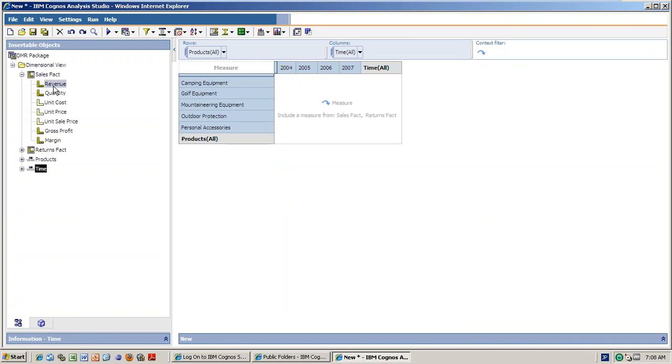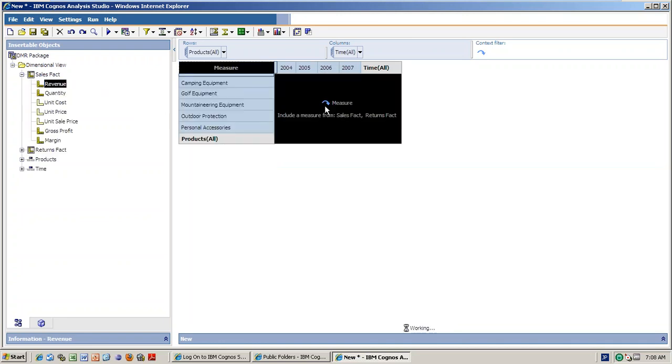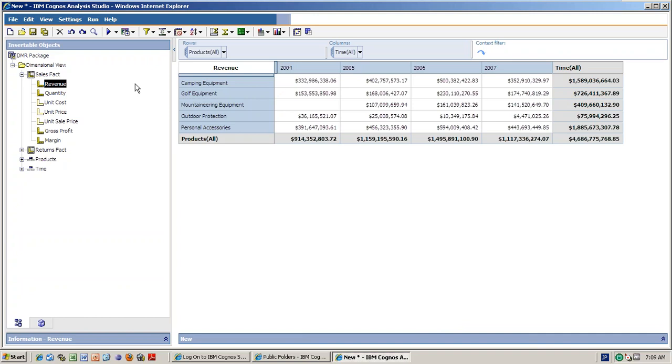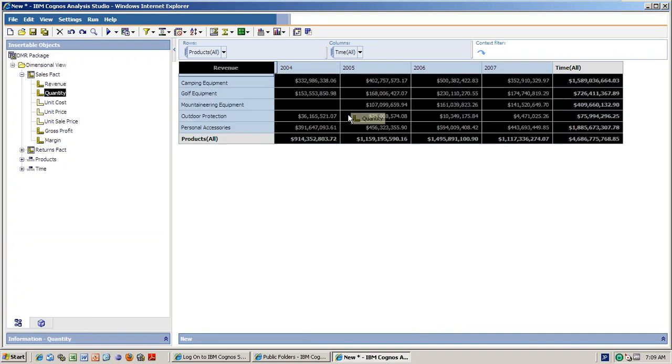And you can check any of the measures, say, for example, revenue and all this. See now, if you want quantity here, you can just drag and drop and replace. So the quantity will work out.